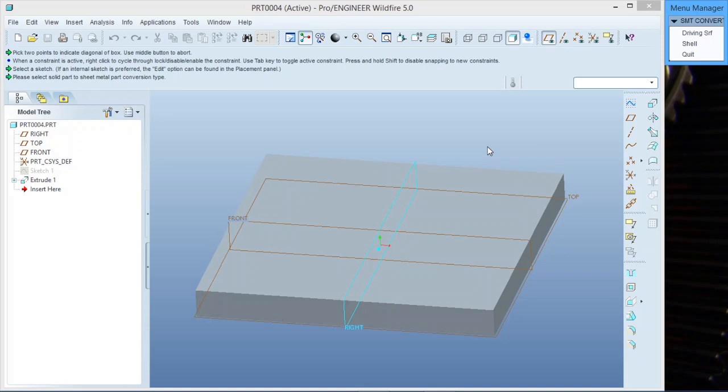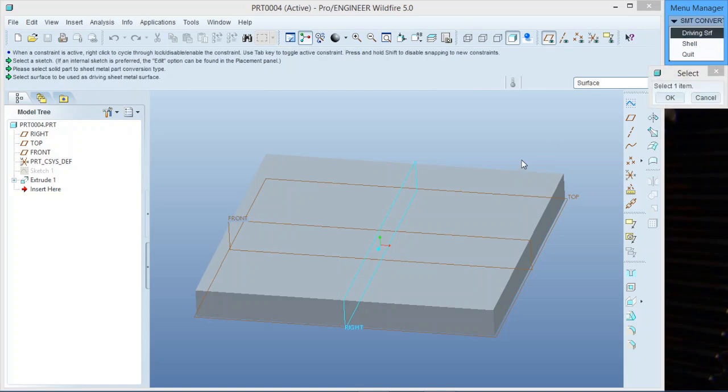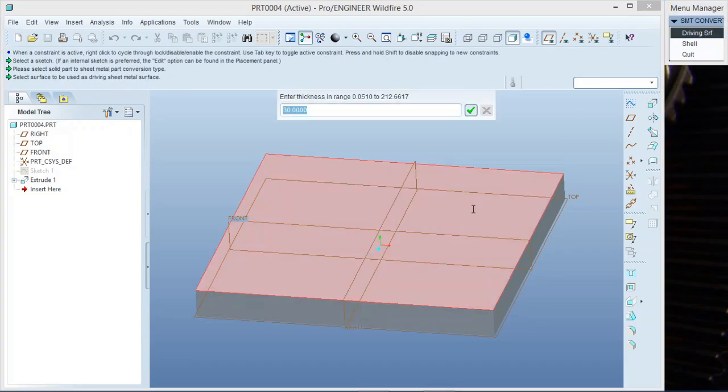The one that needs to be shelled or is already in a sheet metal form, and then shell, you're obviously going to shell the product into a sheet metal form. So for instance, if I say driving surface now and I select the top here, it's going to say it's a 30 mil thick plate. Okay, but if I go shell,